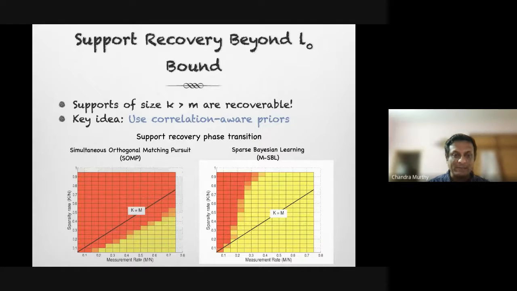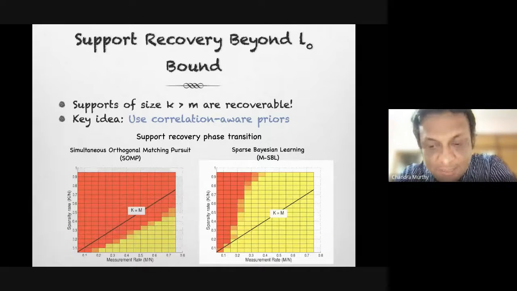In both these graphs, what is plotted on the y-axis is the sparsity rate, k divided by n. So that is the number of non-zero entries in each column of this vector x divided by the number of entries in each column of the matrix x. And the x-axis is the measurement rate, which is m divided by n. And yellow indicates that the algorithm is successful or able to recover the support correctly,